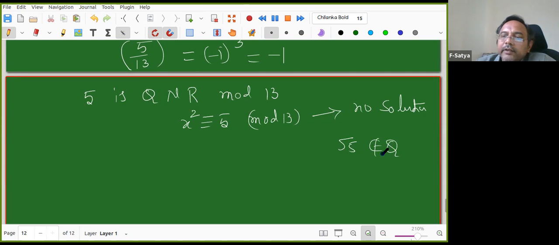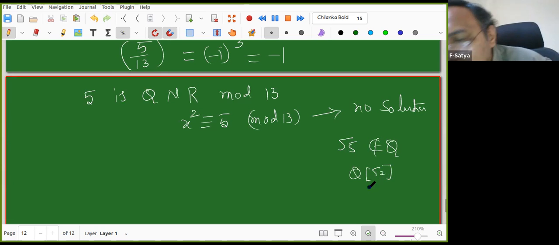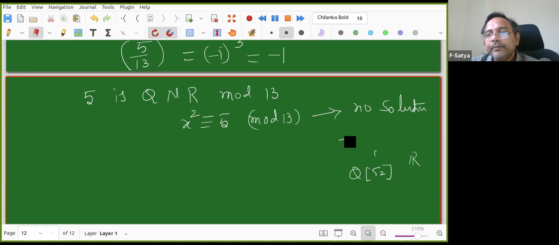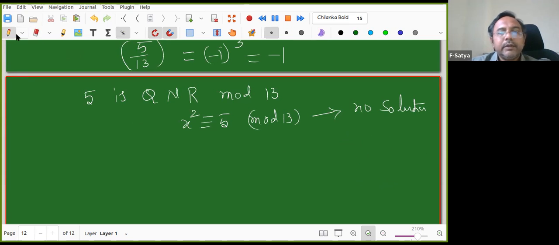Okay, so you know that root 5 does not belong to Q. This is a field, but this field does not contain root 5. There are many fields like that. Later, next year, the BSc students will see fields like Q adjoining root 2. There also root 5 does not belong. There are many fields that do not contain root 5, but the real numbers contain it. But now the Z_p are fields. They are groups with respect to addition and multiplication, and distributive. In a field, which fields have a solution and which do not have a square root? That is the question.